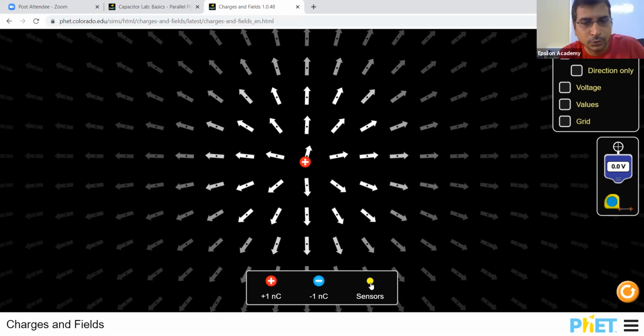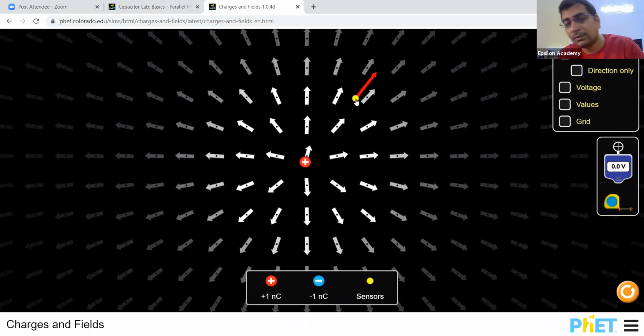This is the one I wanted to show you for the electric field also. I told you how to find the direction of the electric field. The sensor is the test charge. When you place a test charge at a particular location, you're able to see an arrow mark. This arrow mark shows the direction in which the force is experienced by it. If I bring it close, look at the size of the arrow mark. It becomes big because the electric field at that point is more. Whereas when I take it away, it is going to be less. So you're able to understand.